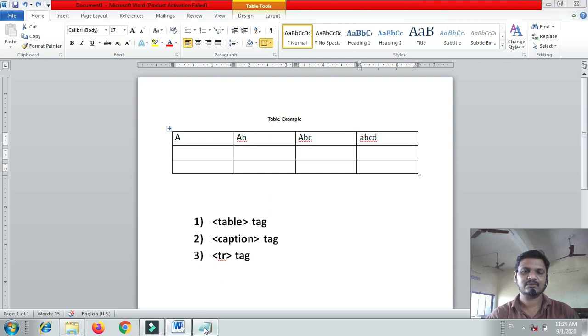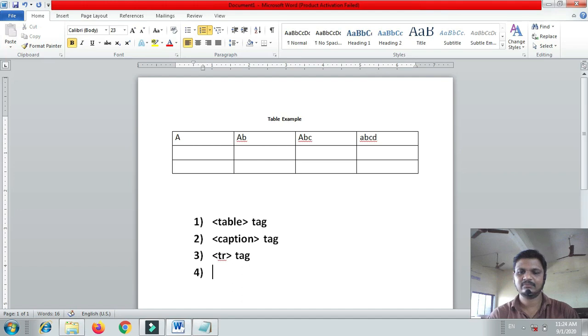So the next concept is table data, the td tag, to make a table cell. If there are four cells, then definitely it requires four td tags.